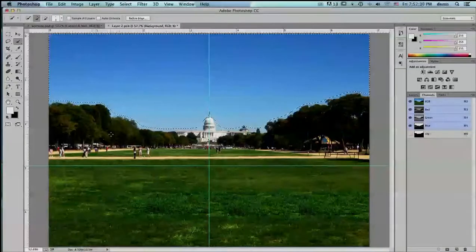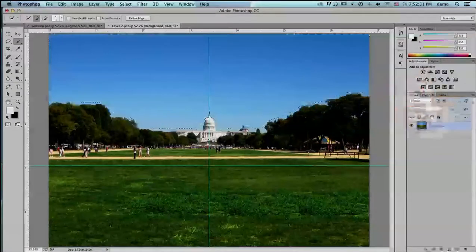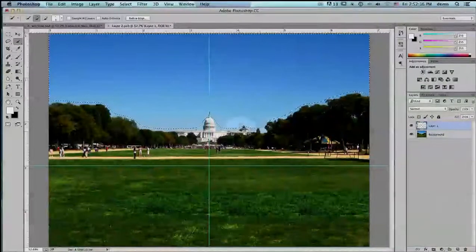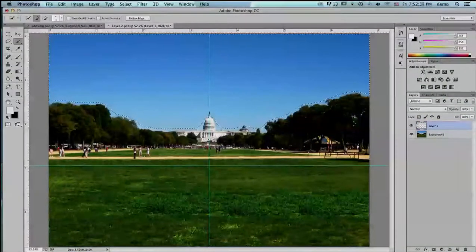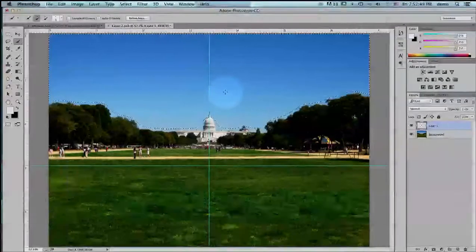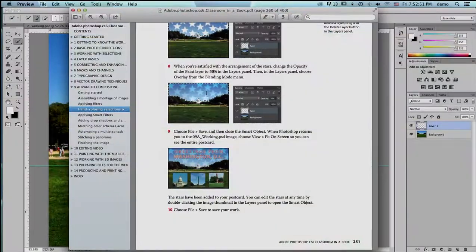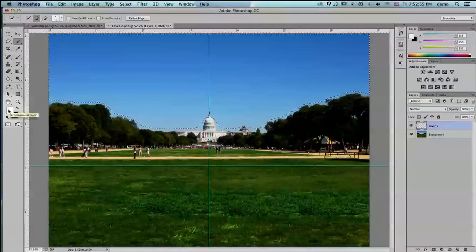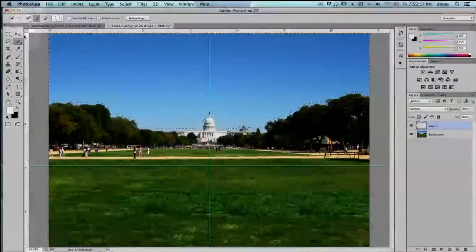Cool. So what we want to do here is create a new layer on top of this background. Remember, marching ants are layer independent. So you can create marching ants from any layer, and then you can use those same marching ants on a new layer, which is exactly what we're doing here. Okay. So we want to paint some stars up here, like what's going on in this book. Okay. Now, white is our color. That's not a problem. But the brush shape,